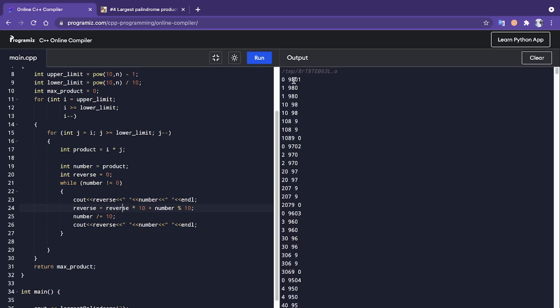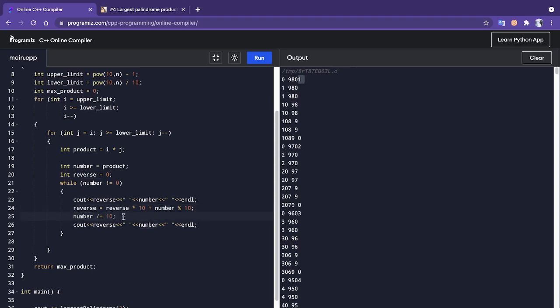Here, initially reverse is equal to 0. This is the reverse and this is the number. Initially reverse is 0, and the number is 9801. After multiplying reverse by 10 and adding the number modulo 10, sorry, the number ampersand 10, it becomes 1, that is the remainder, and the number becomes 980 after dividing it by 10.